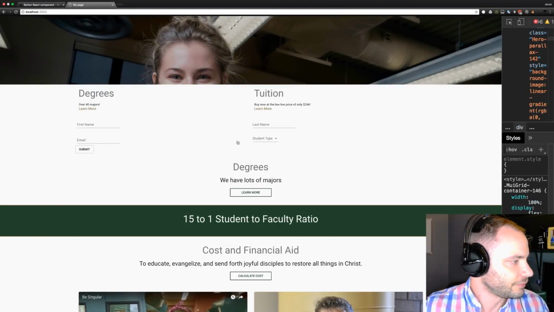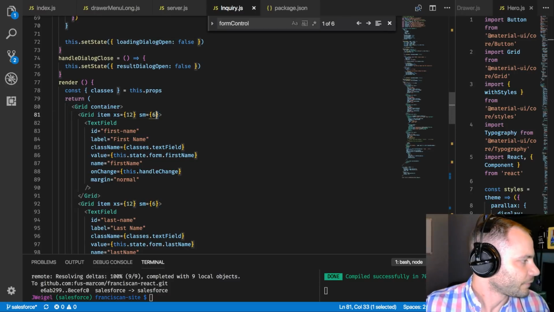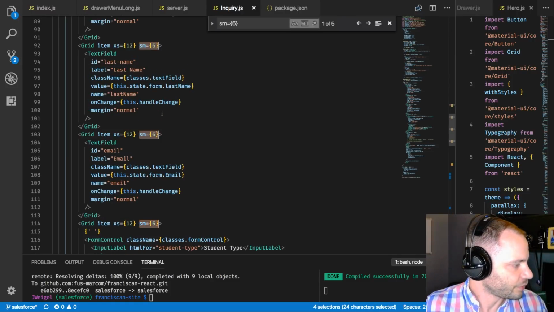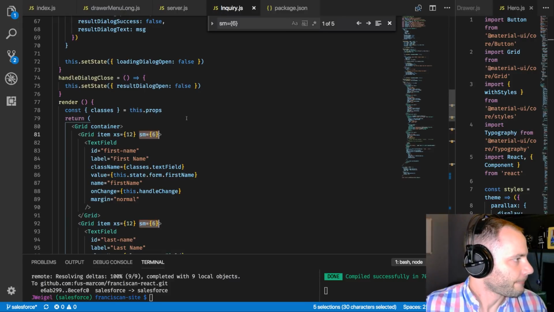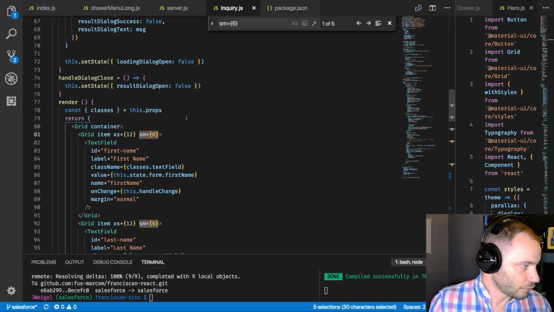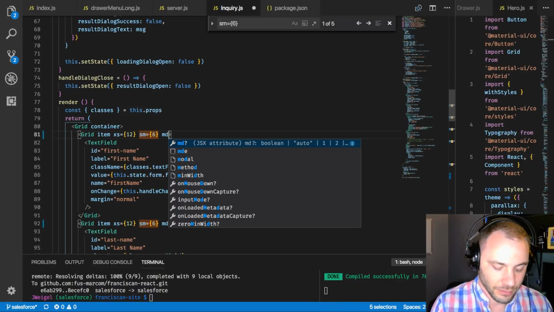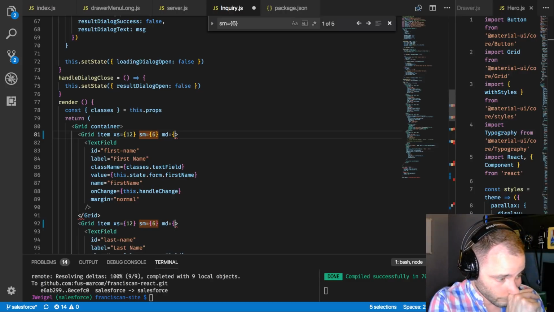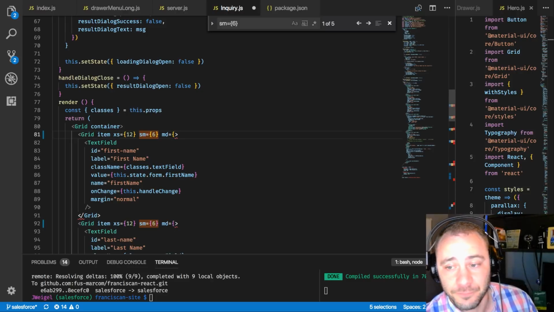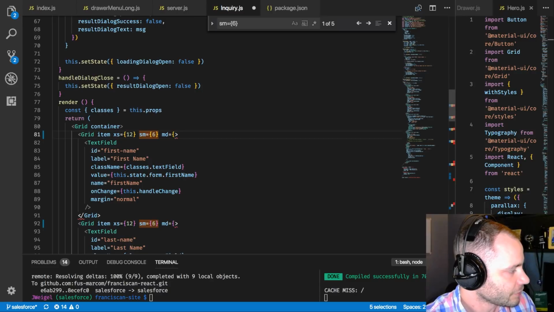So first thing, and it'll be really easy, is let's just add in everywhere that we have this SM equals 6. We're going to switch that up. And we'll leave it for the small screens are 6, but now we're going to say MD for medium size equals, so we actually have 5 of these, I think, because if we count the submit button, it's 5. So